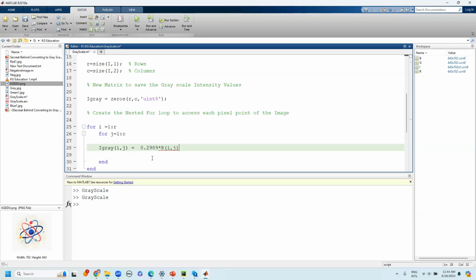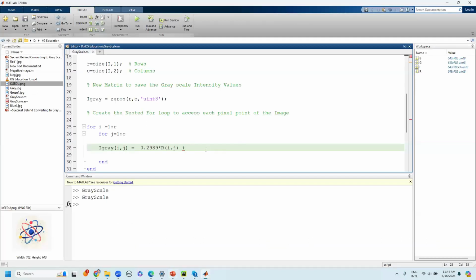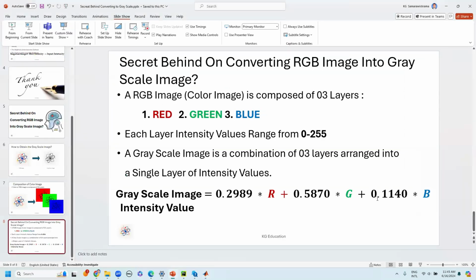So I can write R i, j, and I will add the plus and go back to the second value, which is 0.5870, multiplied by the green layer respective pixel point i, j, plus again I go back to the blue layer,